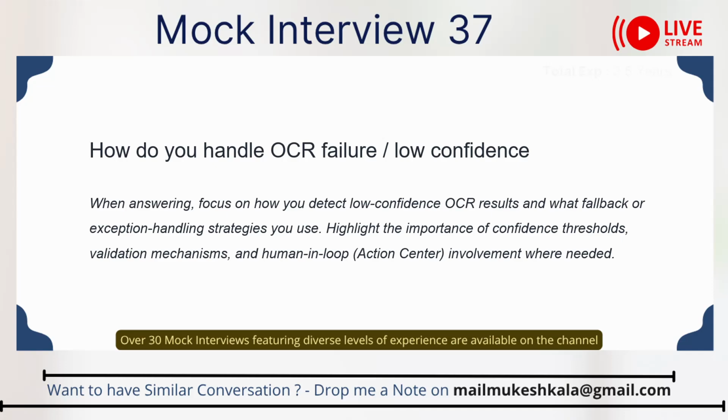Yeah, that is one of the challenges we have faced during the automation. For that, we have some human intervention. Anyway, we have original documents, so we do some human intervention for that. And for low confidence, we have a human intervention, so we did the human intervention for that mainly.